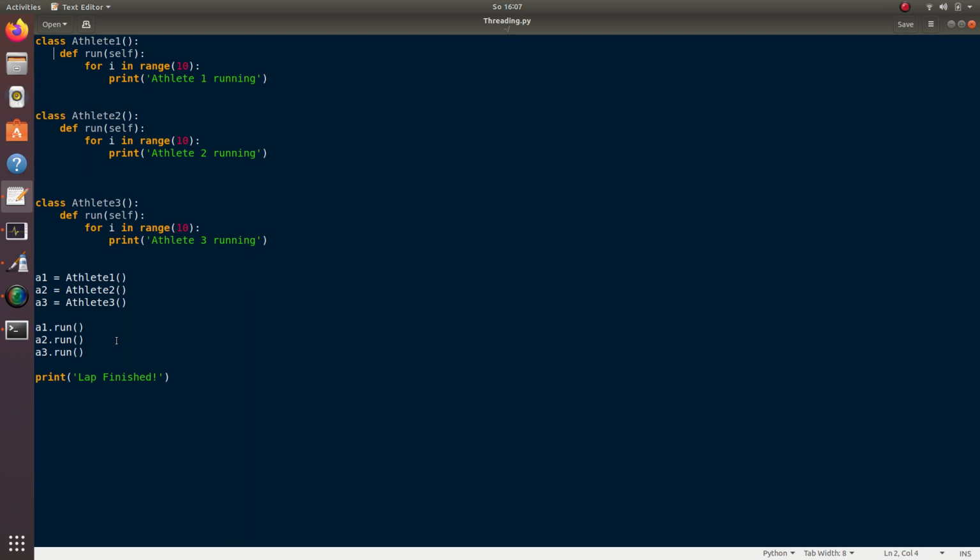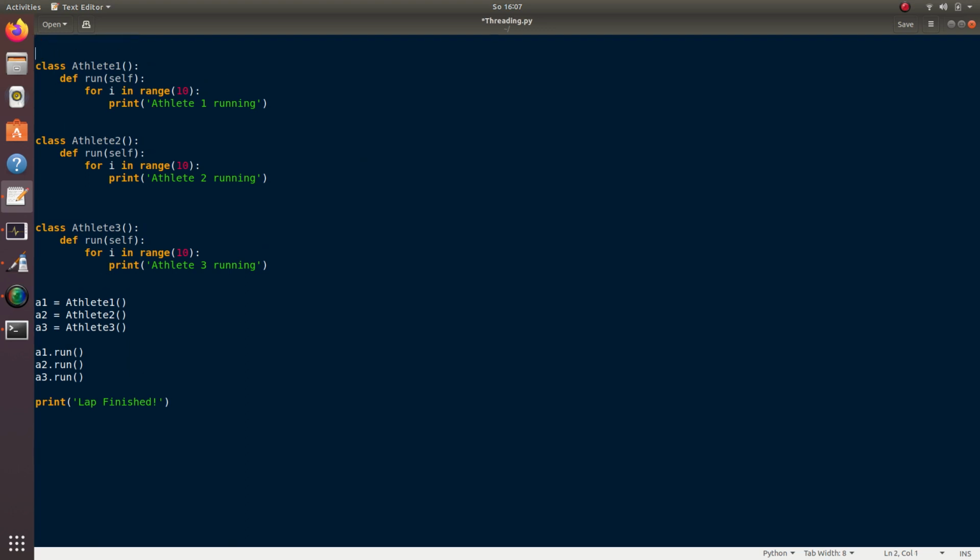I use the word spooling because at one particular point of time it will execute all the threads. So that is the idea of multi-threading. The thread which is happening behind the scenes is called the main thread. Now, instead of this, we have a library called threading.